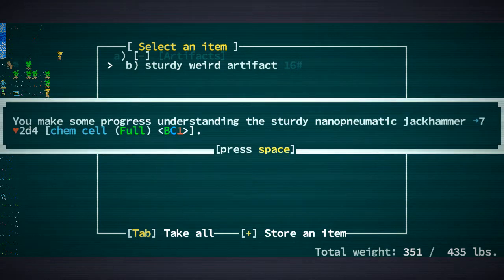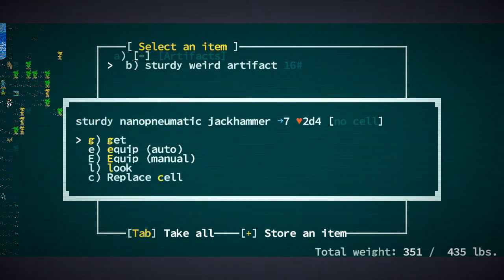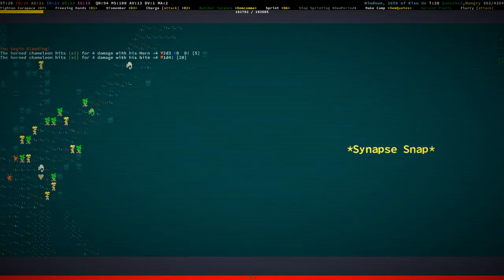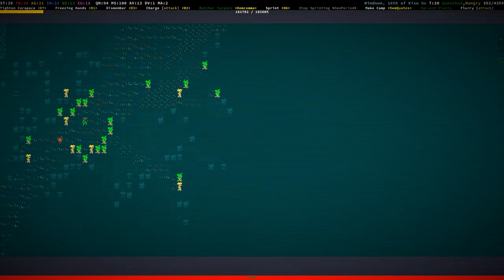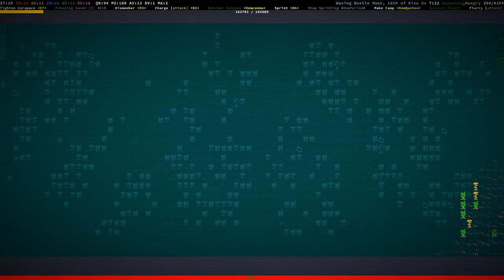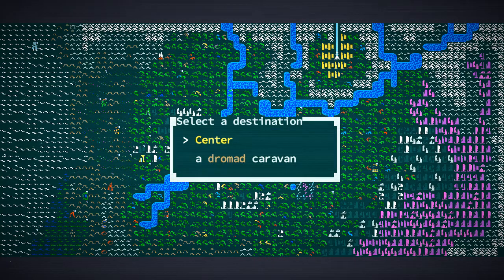Sturdy weird artifact. It's a nano-pneumatic jackhammer. Remove cell. Can we disassemble that? No, we can't. We're not going to use it because we are not a cudgeler. I'm pretty sure that the jackhammers are cudgels. Another lava petal thing. Exploding nonsense. Okay, we need...